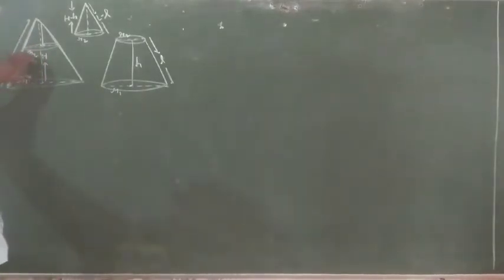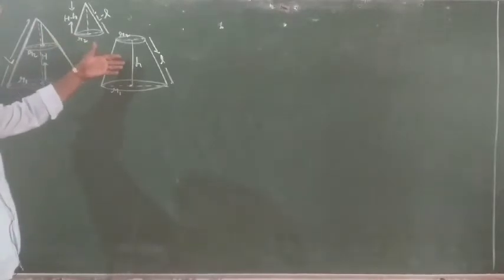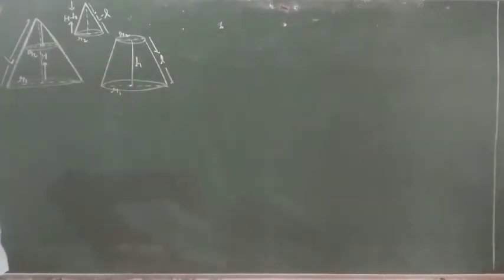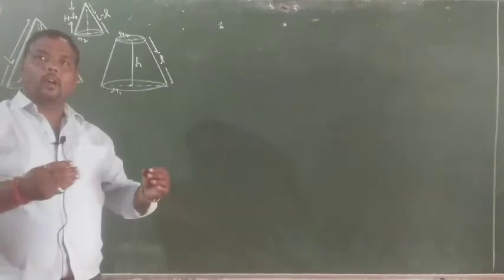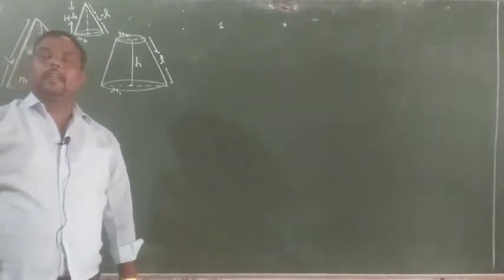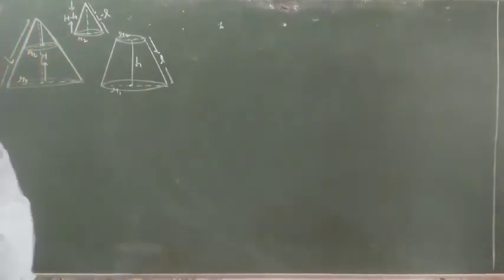How can we find the surface area of this portion? That means the frustum. If we subtract the surface area of the small cone from the surface area of the big cone, then we find the curved surface area of the frustum. Understood? One thing: you have not studied the triangle chapter, but we use a rule from there, Thales theorem, the basic proportionality theorem.